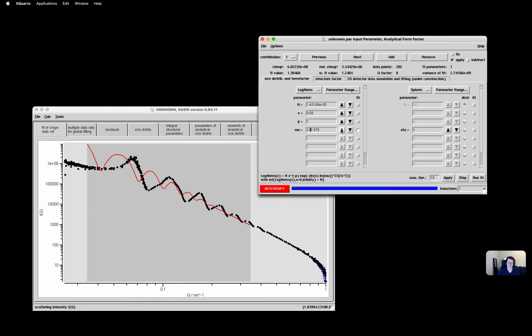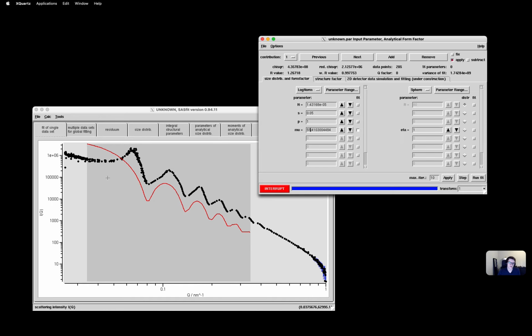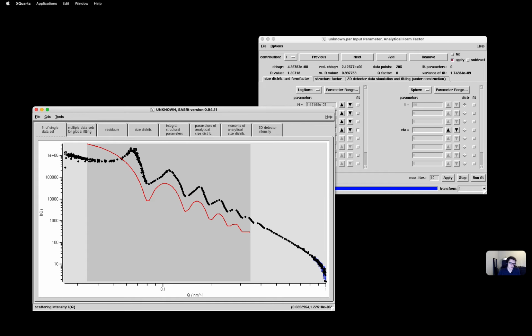That's not so good. So if the algorithm doesn't get that in the first try, we can try to adjust the starting values to get it closer to what we want to achieve. So here in the beginning of the curve we see there's a strong particle interaction, and that's why I want to concentrate on the lower part here.